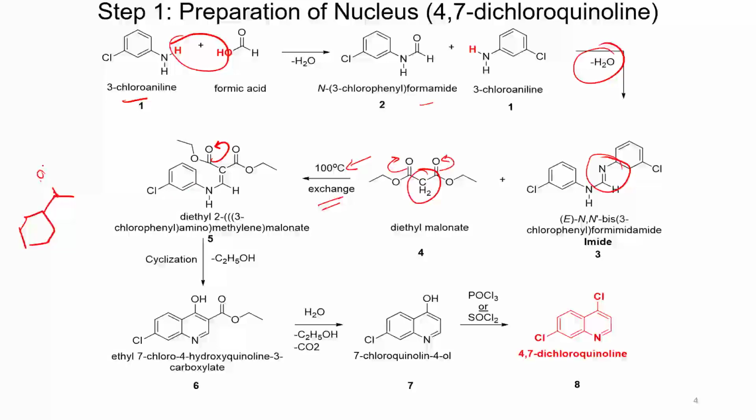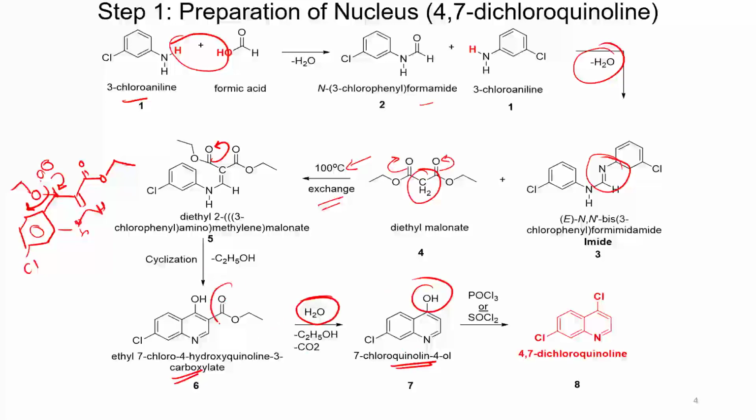Here there is O minus, this double bond, there is NH and there is H also present here, double bond O, O, C2H5 and O, C2H5. So that kind of intermediate compound is prepared for the cyclization process. After the cyclization, there is removal of C2H5OH. From here we get a double bond O derivative, and on protonation of the double bond O derivative we get this carboxylate compound. To that carboxylate compound, addition of water molecules occurs and we get the chlorophenol OH.